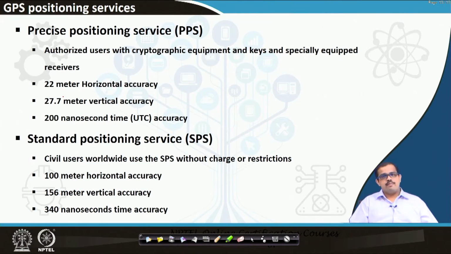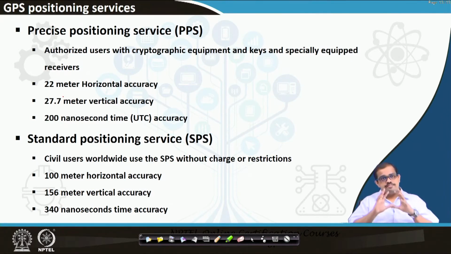Only then will you be able to have a precise positioning service, which is not on your mobile phones, not on your normal GPS devices that you get for 10,000, 6,000, 8,000 rupees, not on all those mobile phones, not on all those GPS receivers. So it has about 22-meter horizontal accuracy, 27.7-meter vertical accuracy, which is quite better compared to your standard positioning service, and most importantly 200 nanosecond time accuracy, which is very important in terms of measurements on the Earth's surface, or when you are looking at the positioning